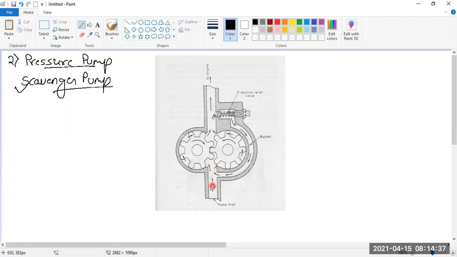In any case, this is a positive displacement pump, right? So irrespective of the back pressure, the liquid will keep on transmitting. Pump will keep on pressurizing the liquid and keep on transmitting it into the downline. So if the pressure increases in the downline, there should be a pressure relief valve. The high pressure happening over here will open this pressure relief valve, and this liquid from here can come back again into the inlet of the pump.